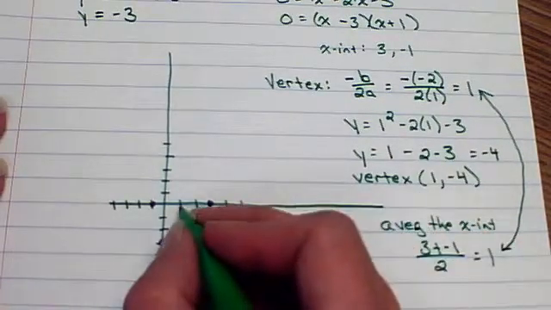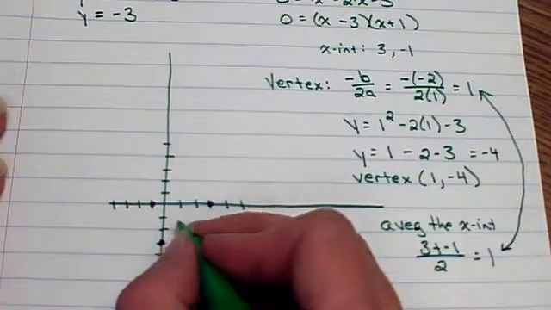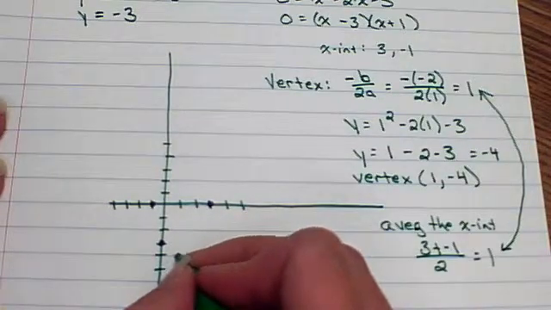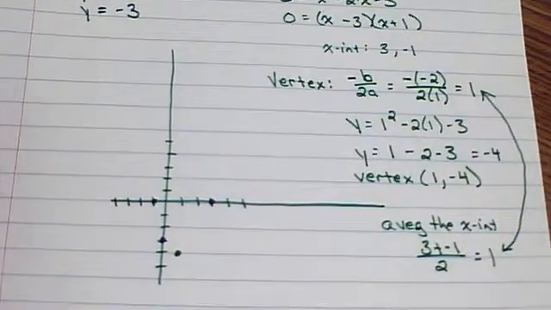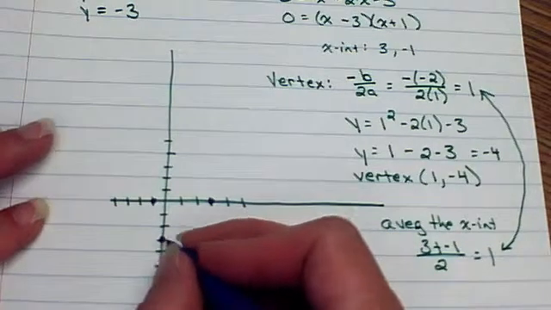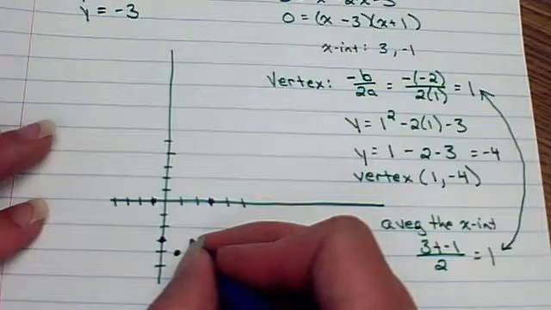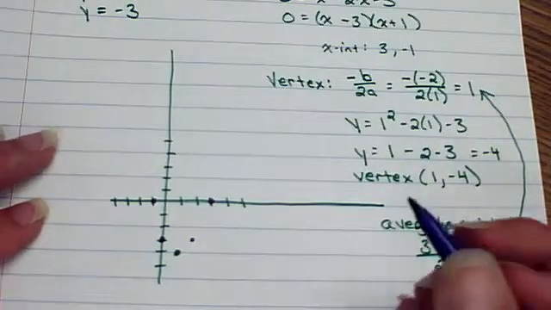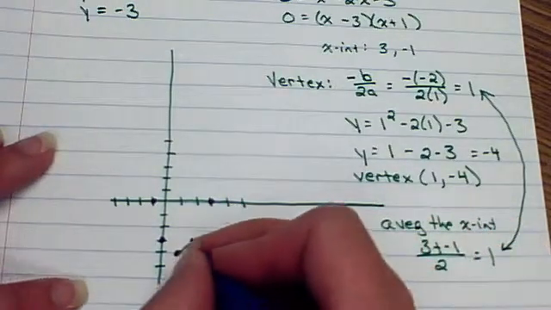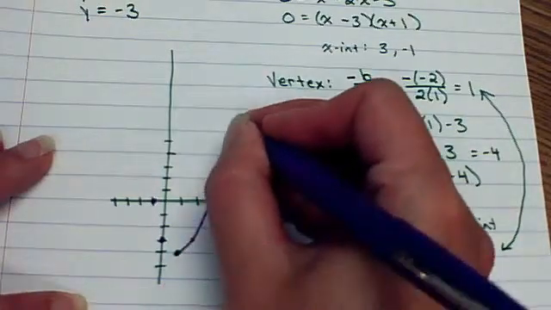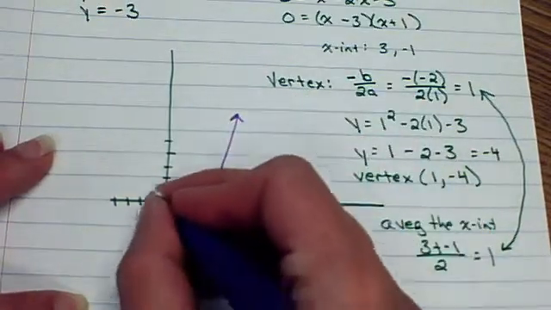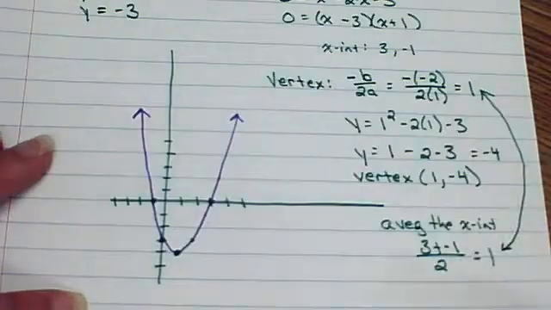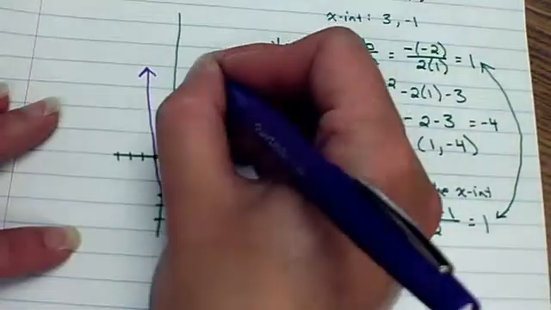Now let's graph our vertex. It's at 1, negative 4. Here it is. So now we can make a nice sketch. Now the reason I say sketch is because I'm not putting every point exactly where it is. But we do know that if this one's here, then there's going to be another one just opposite from it. Now how do I know that? Well, you can also say I've been doing this a long time. But the other thing I know is that whenever you have a quadratic,